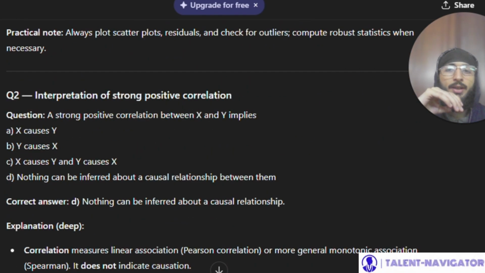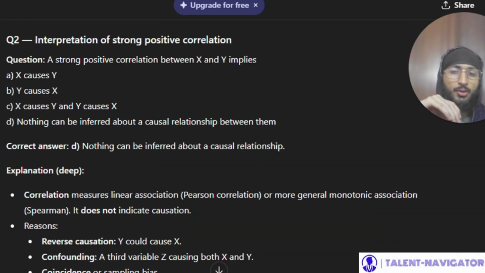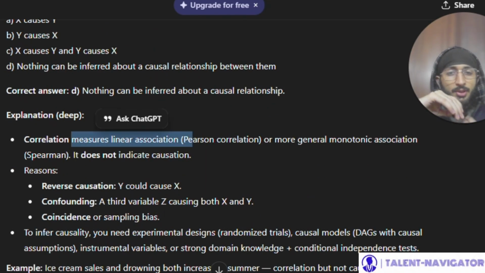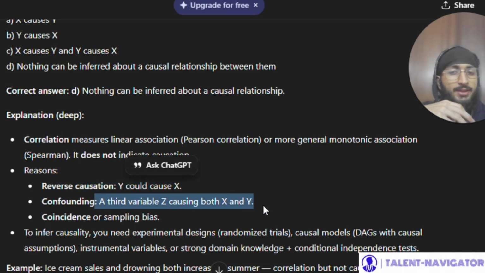Right. Moving on, interpretation of strong positive correlation basically implies nothing. Nothing can be inferred from this, because correlation measures linear association, Pearson correlation, or more general monotonic association, using Spearman. It does not indicate causation. Reasons: reverse causation, Y could cause X; a third variable Z causing both X and Y; and coincidence